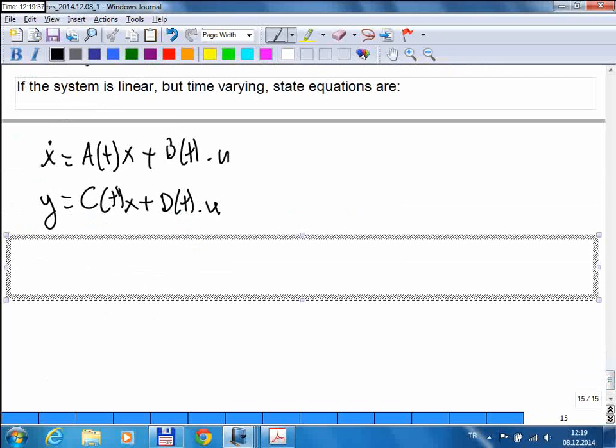Okay, so a very important benefit of the state representation